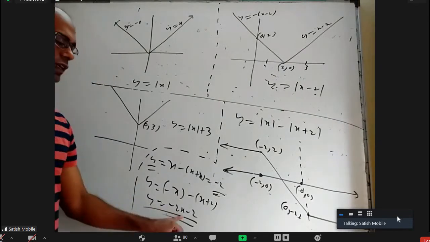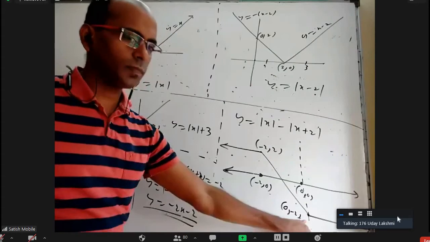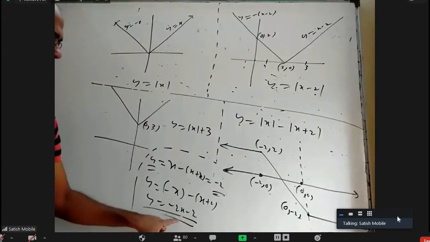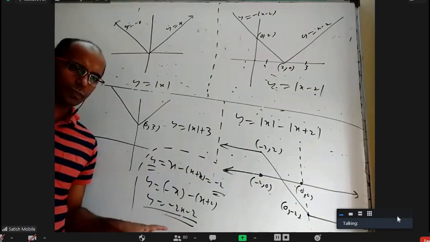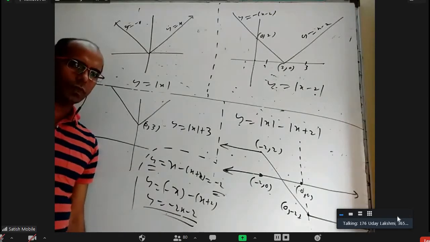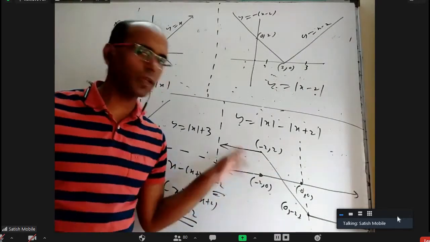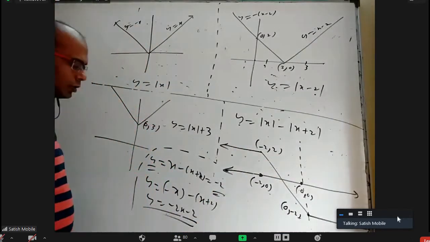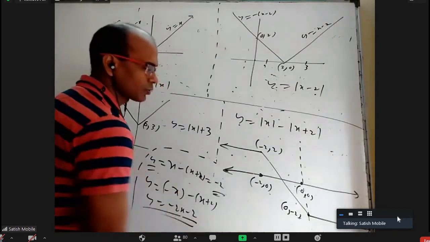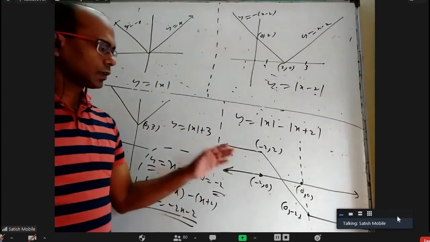If you put 0 here, what answer will come? x at 0, if you put? y equals minus 2. y equal to minus 2. That is this point. When you put x as minus 2, what will happen to this? y equal to 2, yeah, that is this point, minus 2 comma 2. If you know 2 points on a line, you join them, you'll get the line, right? For this one, but only between minus 2 to 2. This has further extension, this has further extension. But you only have to write this much.